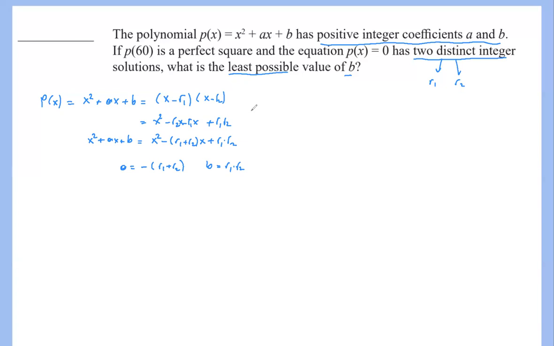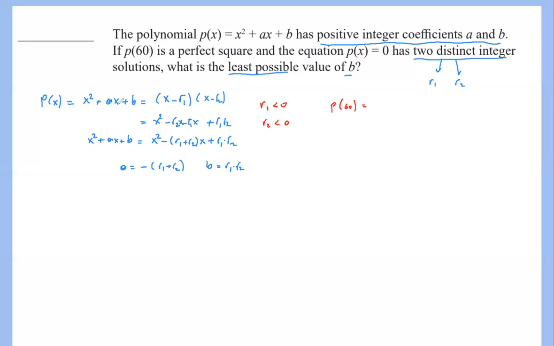So I will say from here, just R1 is less than 0 and R2 is also less than 0. This is something. And we want to find the product of the roots. But also we know P of 60, right? So maybe we should use that somehow. If I plug in P of 60,